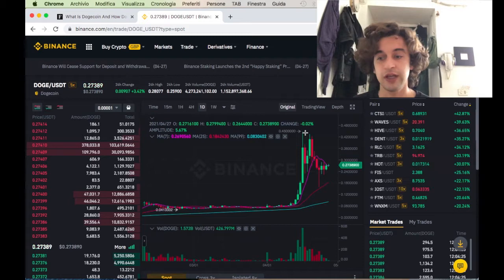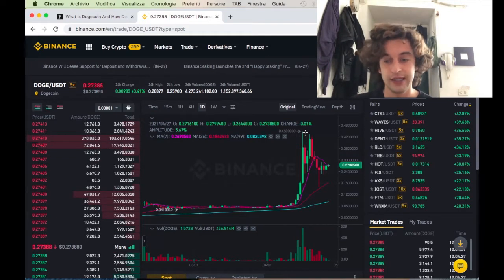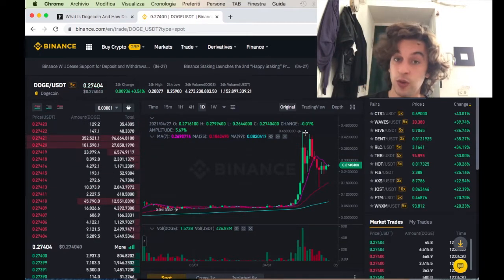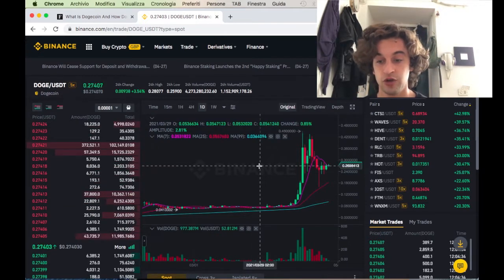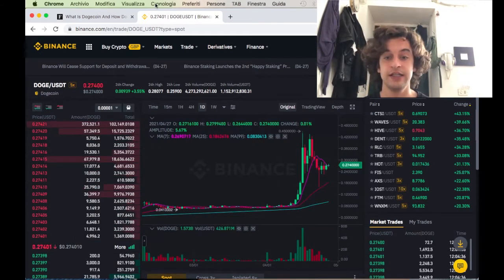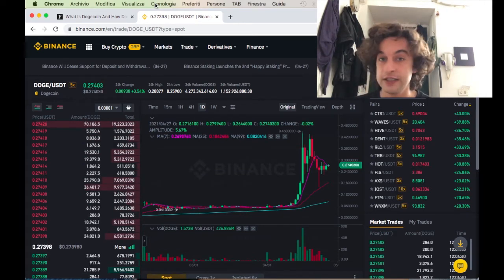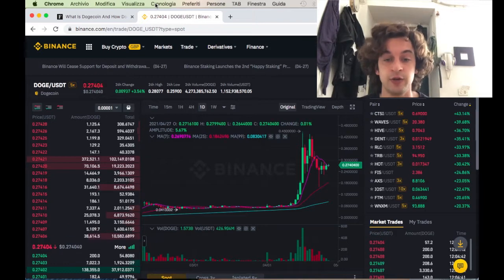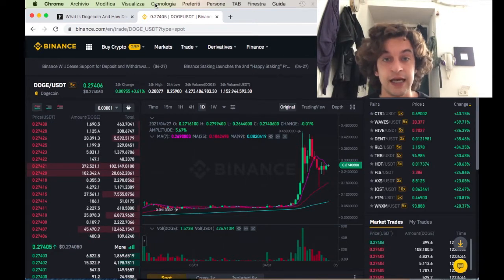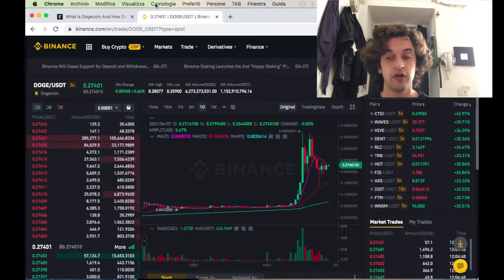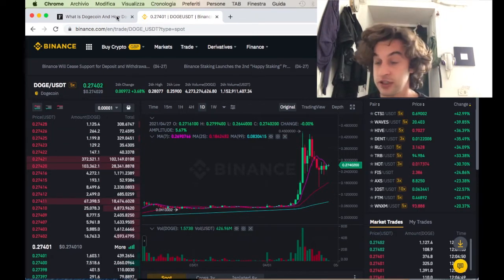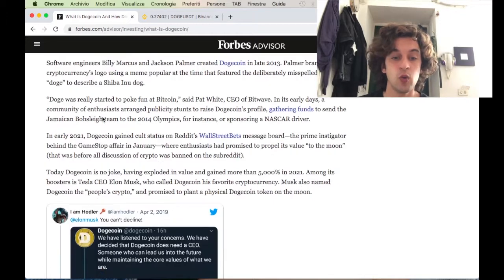So today let's talk about Dogecoin, what it is, and let's get straight into what the fundamentals of Dogecoin are, and the value. If you want to see the value as I'm seeing now, you can simply go on Google and look at Dogecoin price charts. I'm looking at the Binance price chart right here, which is the cryptocurrency exchange that I personally use to make all of my transactions and store some of my coins. Let's go and look at what Dogecoin is.